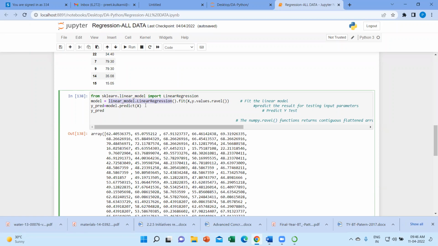Now when you solve these equations, you get the coefficients, which will help